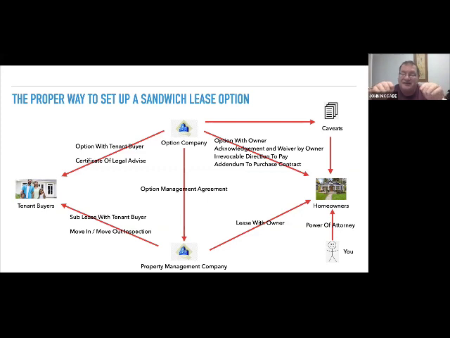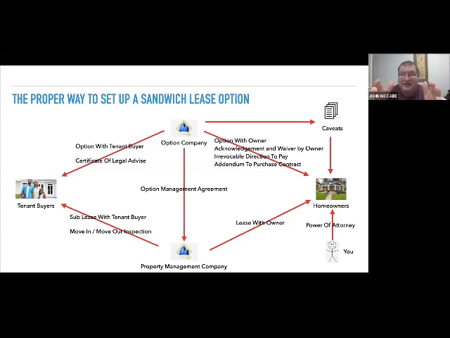Now, if that was the normal case, the homeowner gets all of the money. But remember, I have my spread in there. So in order to protect myself and to make sure I get my spread, my money, I need the homeowner to sign this irrevocable direction to pay that says, I agree to pay